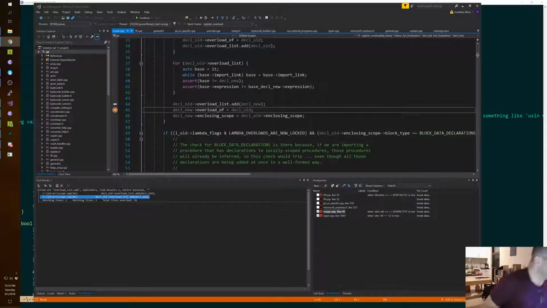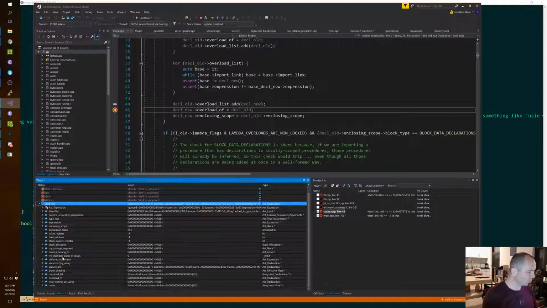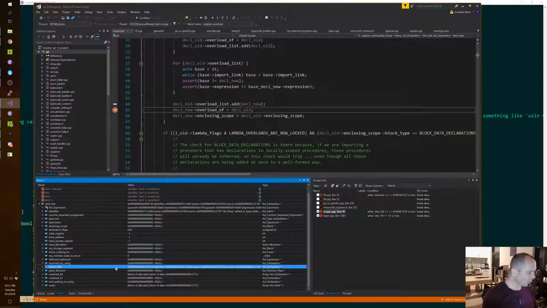All right, let's do some programming or debugging. All right, we're adding a thing to this overload list. It is an import declaration, I'm sure, right? So it's a declaration with an import link.